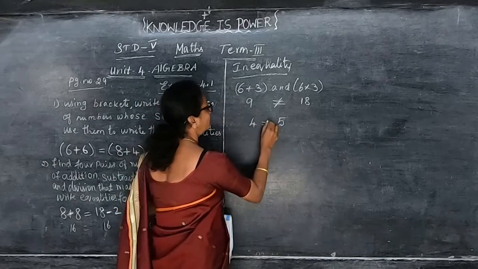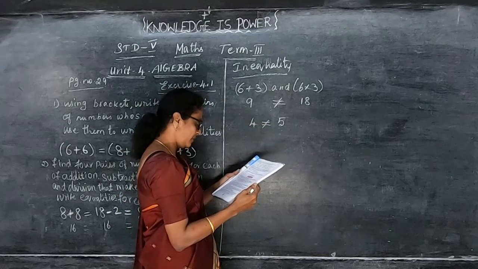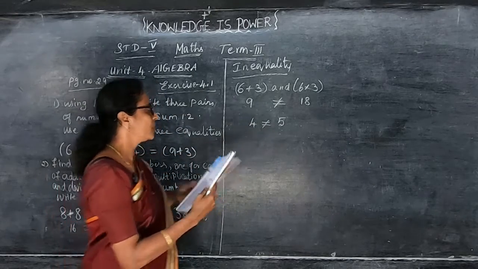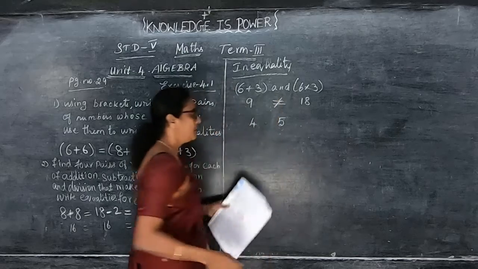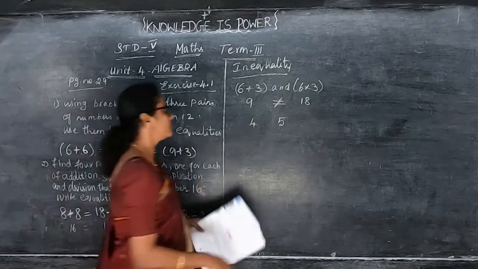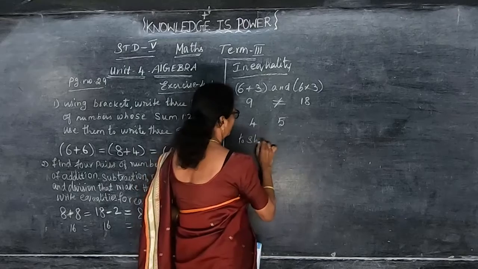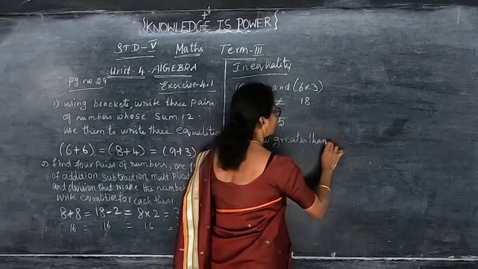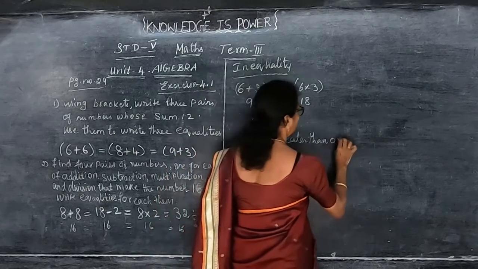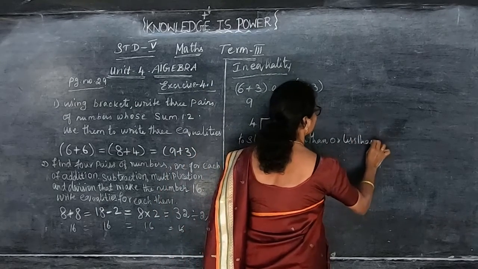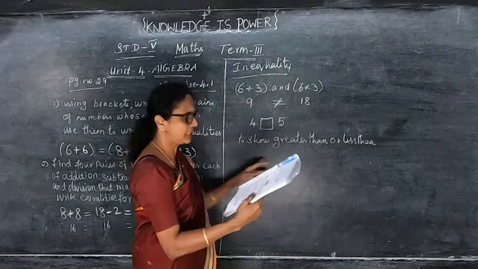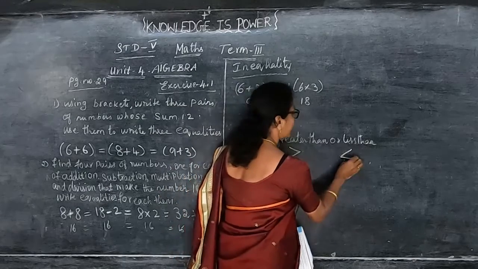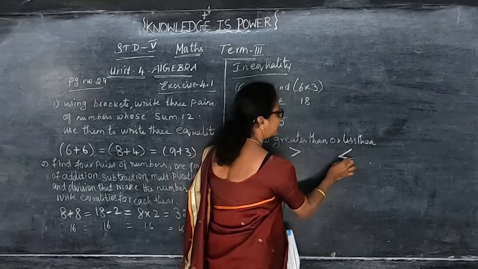This is also not equal. 4 and 5 is not equal. But we can one expression, so this is not equal. If two expressions or numbers are not equal, இப்போ 2 numbers இருக்கு, இது ரெண்டுமே not equal இல்லையா? அப்போ that time we can use the symbol to show greater than or less than. ஸோ நம்ம அப்போ என்ன பண்ணலாம்? Greater than, இங்கே பாக்ஸ் போடுறேன்னு வச்சுக்கோங்களேன், or less than. 4 box 5 to show greater than or less than. So for symbol is இப்படி போட்டால் greater than, இப்படி போட்டால் less than. Can you understand? This is greater and this is less than.